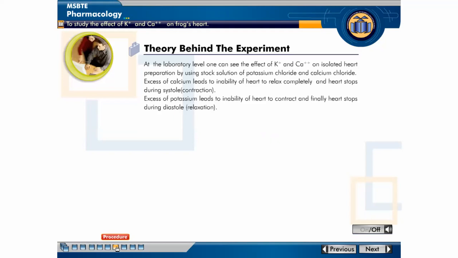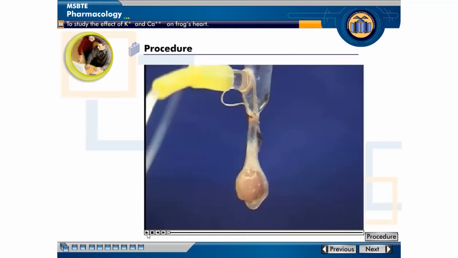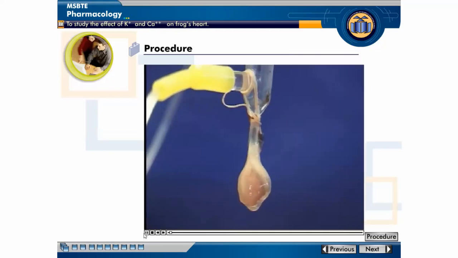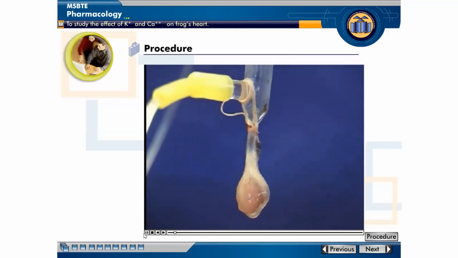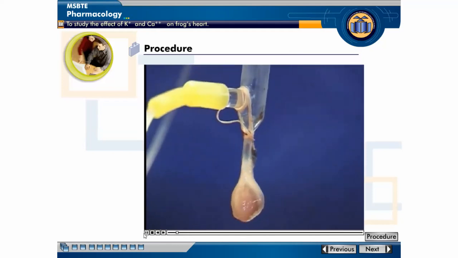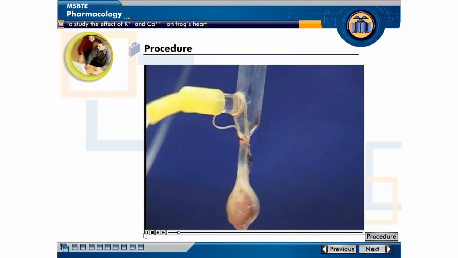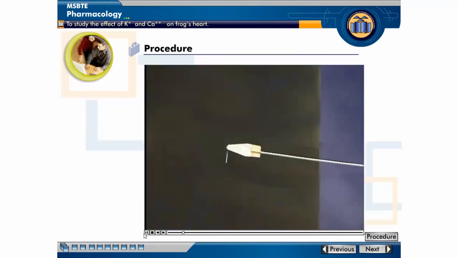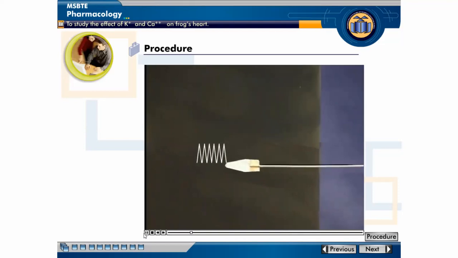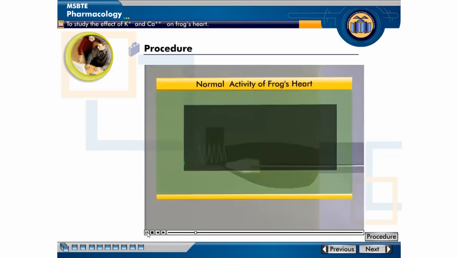Then procedure. For studying the effect of potassium and calcium on frog's heart, perfuse isolated and mounted frog's heart with frog Ringer solution. Now start the drum and record normal contractions or recordings of heart on smoked paper for 1 minute. In this tracing,